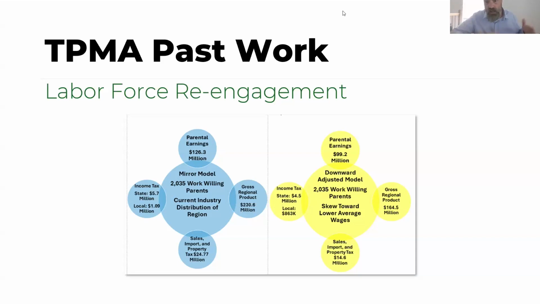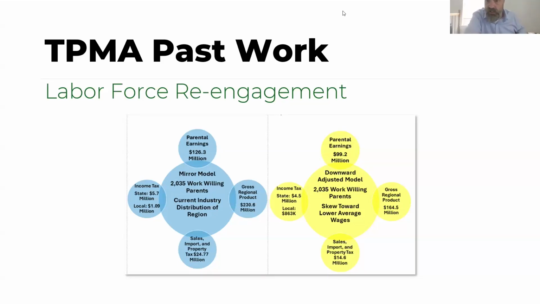One approach is we say, okay, they're going to mirror the current industry distribution in the region, which we've called the mirror model. Again, I don't know that I'm great at naming models, but that one seemed pretty intuitive. So what we're going to do is take a look at the current distribution of employment in the region. That is, what jobs do people have? What industries are they working in? And we're going to mirror these 2,035 people. Again, logic our way through it. We're going to use ratios to divvy up these 2,035 people across a collection of industries, and then run the impact model to generate all of the things we've talked about.